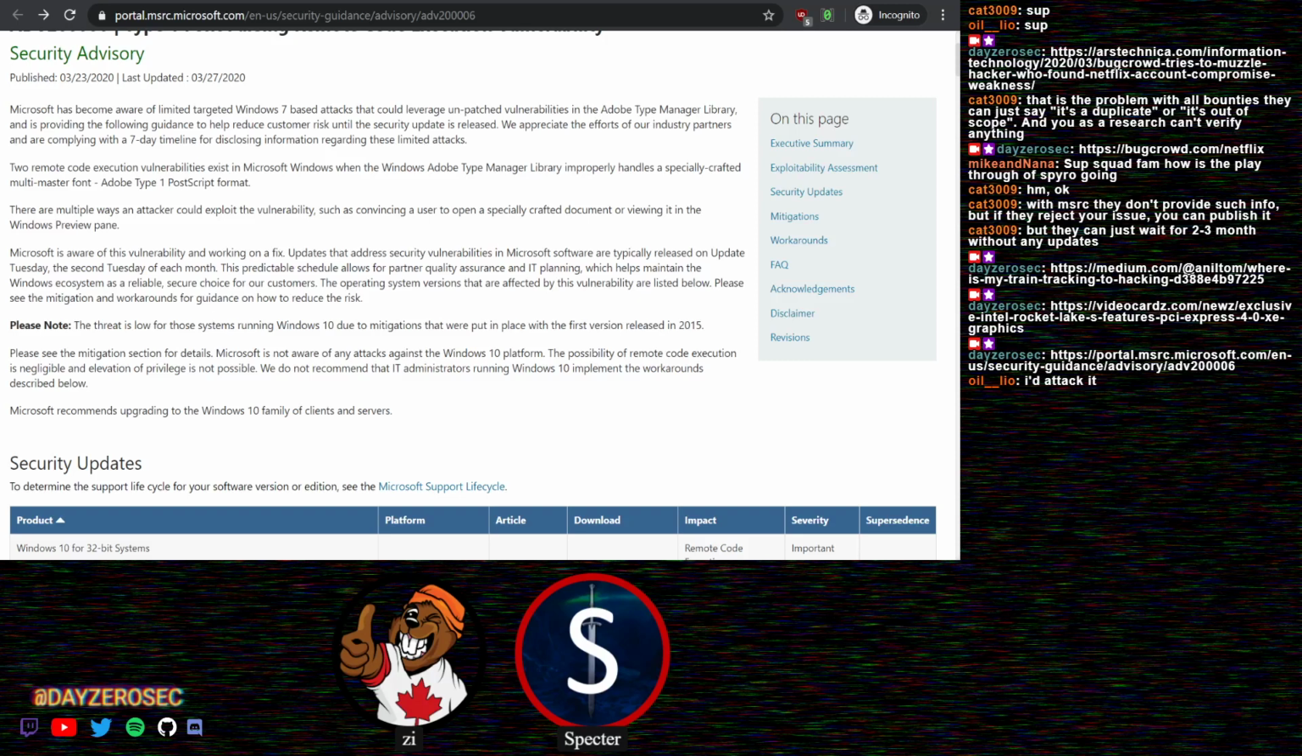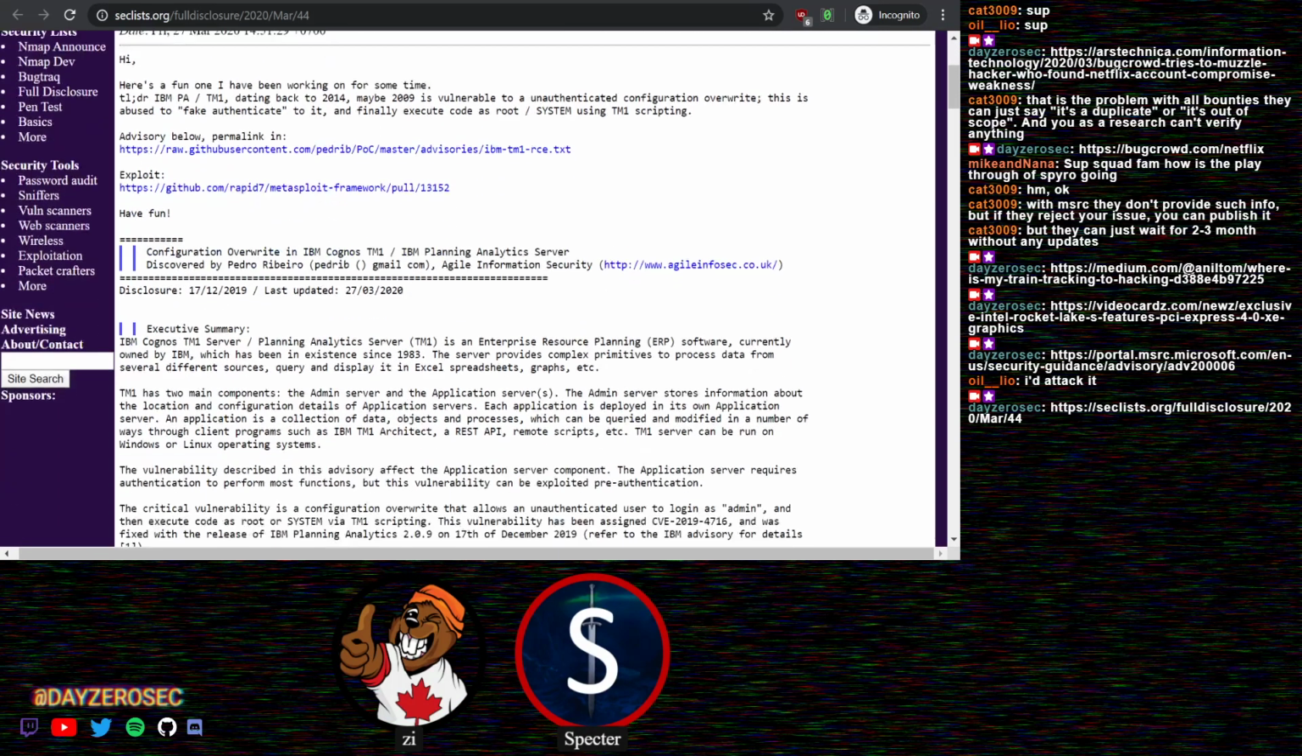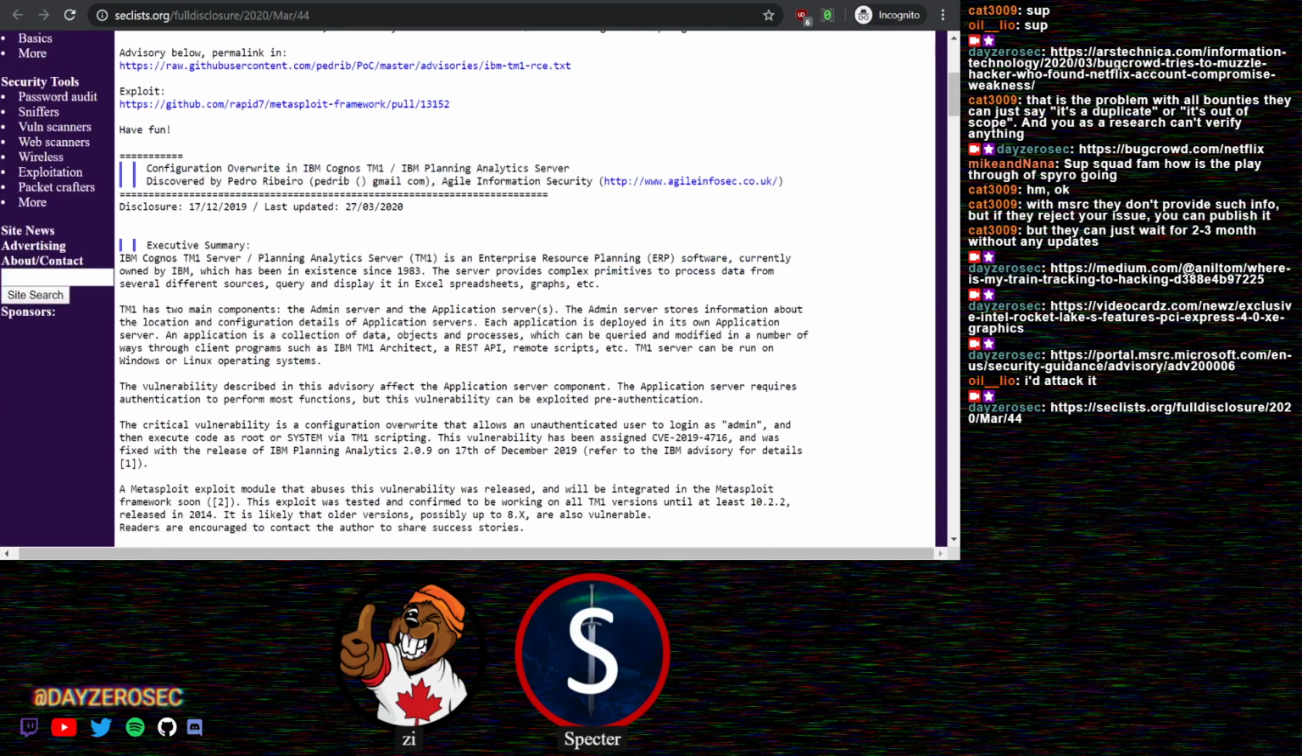So our next issue is in IBM's Planning Analytics software powered by TM1. So this software seems to be very old. It dates back to 1983. And it's used to process data from various sources and make it displayable in graphs, Excel spreadsheets, stuff like that. Yeah, well, formats. So it's an enterprise resource planning application, which is essentially you have throughout your enterprise a bunch of